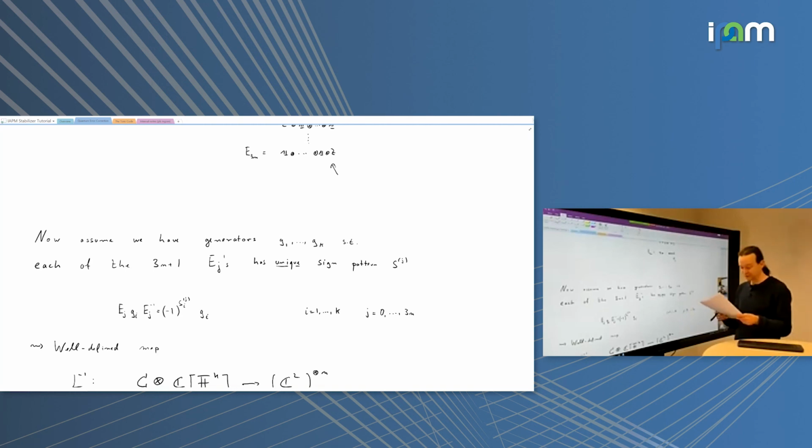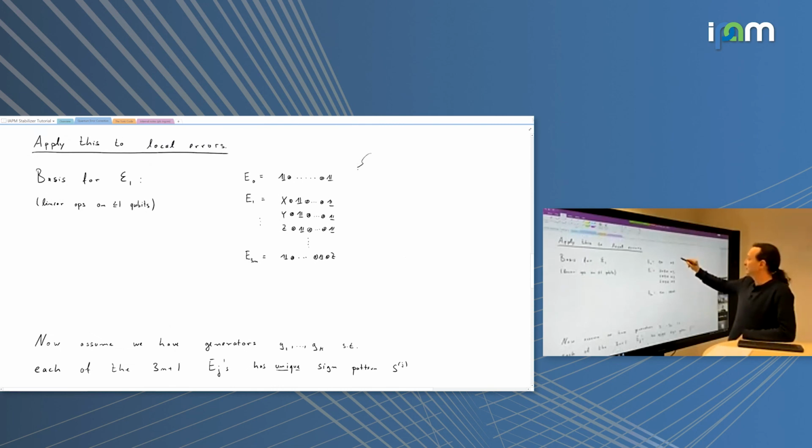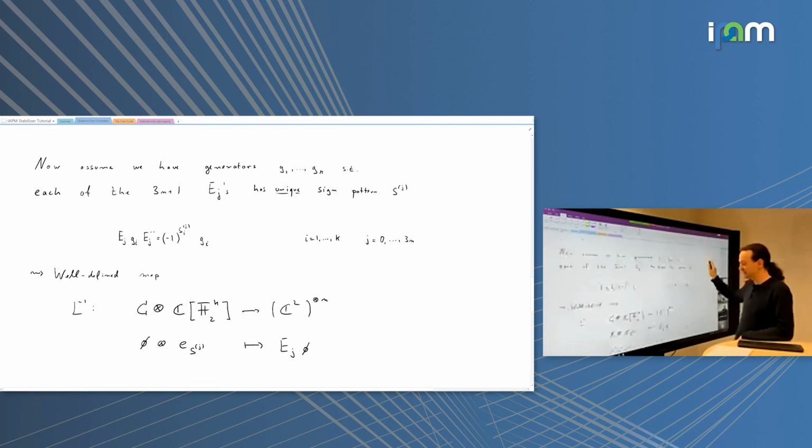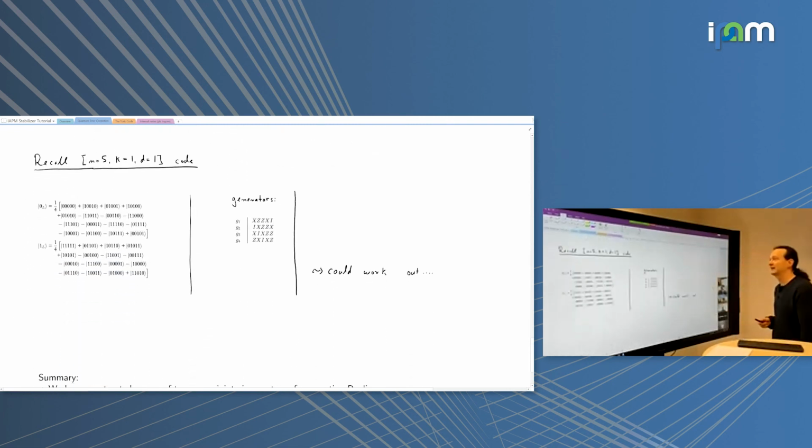And so the good thing that happened now is that if I want to verify that I have a quantum error correction code, I only have to solve a combinatorial problem. I just have to see whether for a given set of generators, all these error operators induce a unique sign pattern. Okay, and now if you give me one more minute, we can outline how to do it for this horrible n=5, k=1, d=1 code that we looked at before.